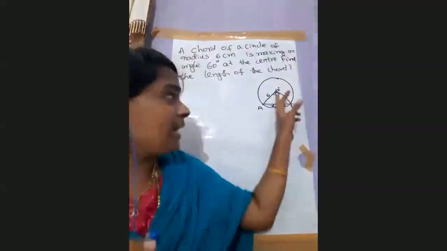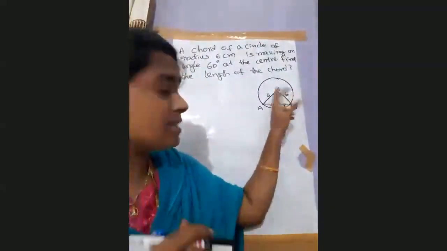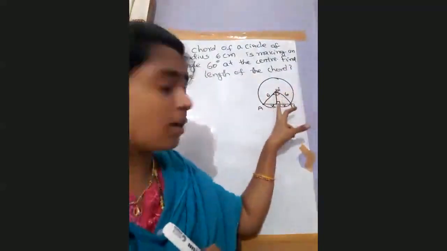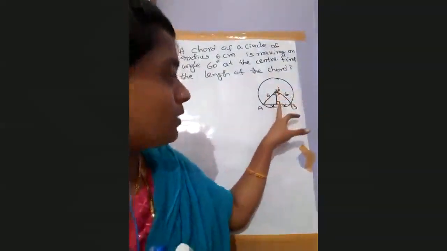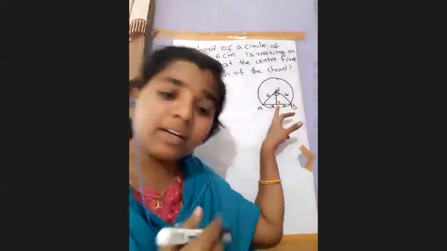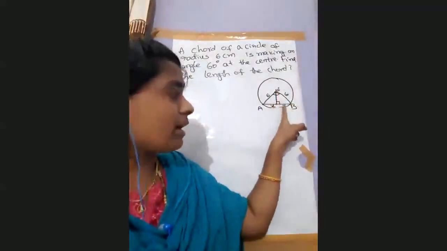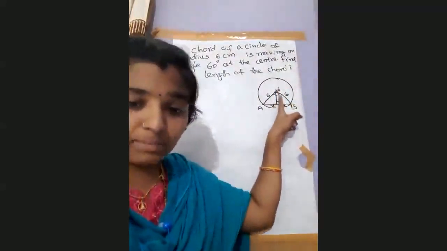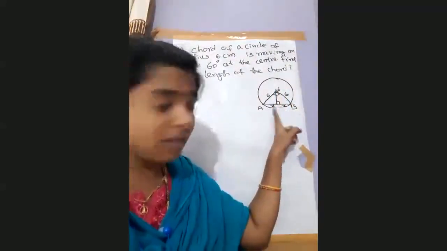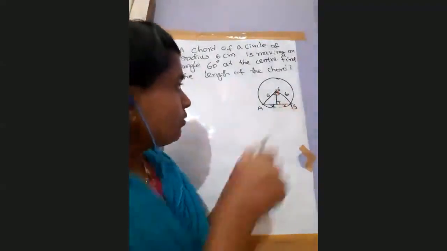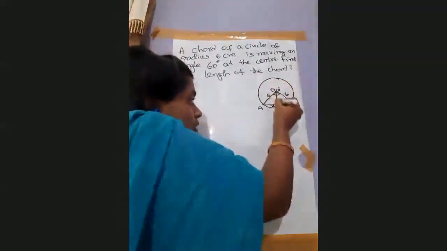So for a right angle triangle, we can construct or imagine a line from the center to the chord. According to the theorem we learned in 9th class, when we draw a line from the center to the chord, this is perpendicular to the chord, right? That means here we consider this as O and this as